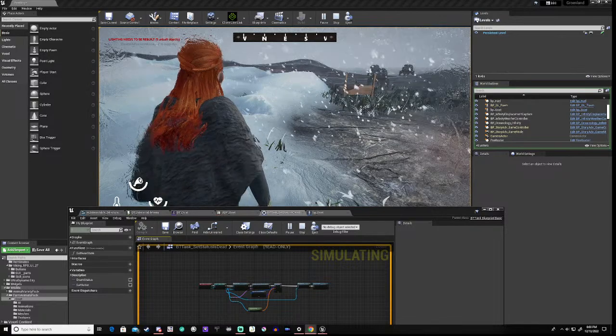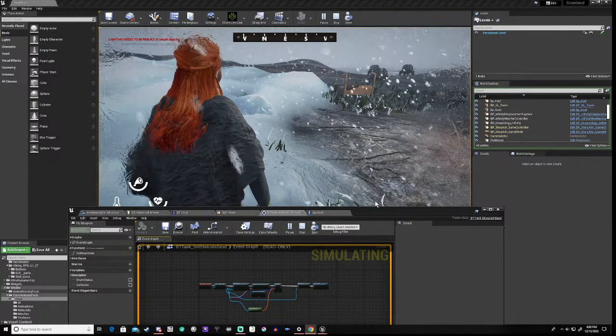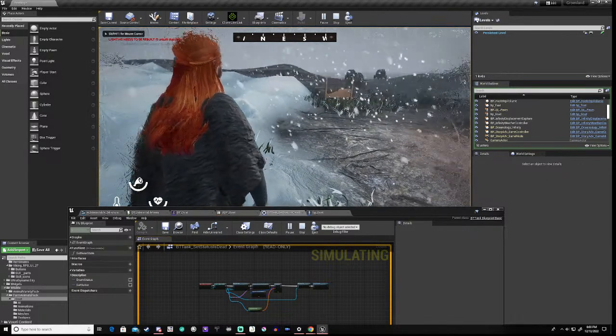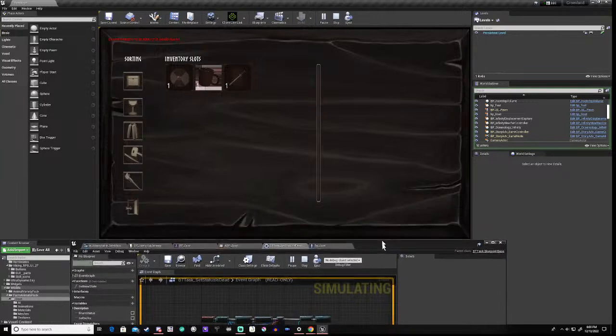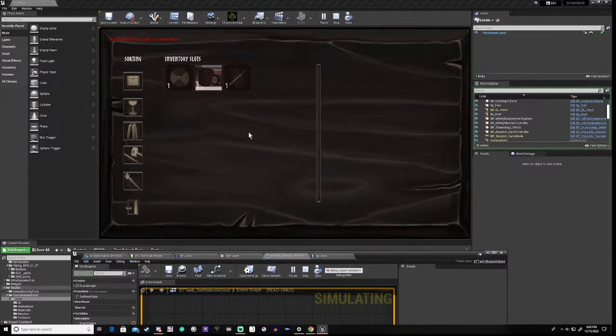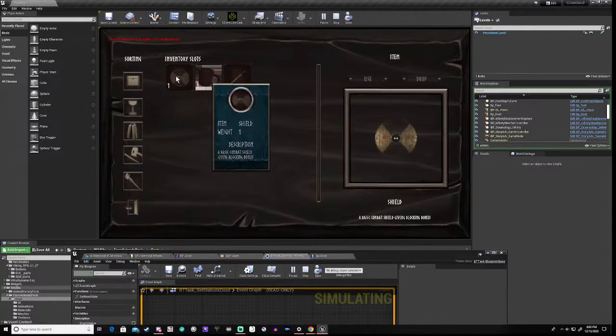Okay, so if we look at our inventory, and I'll drag this out the way, we'll click on something,